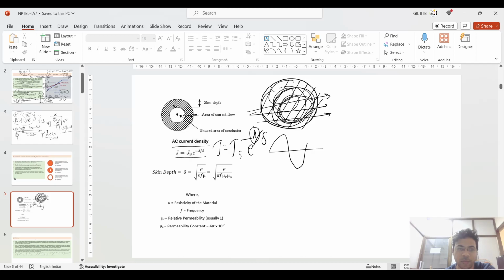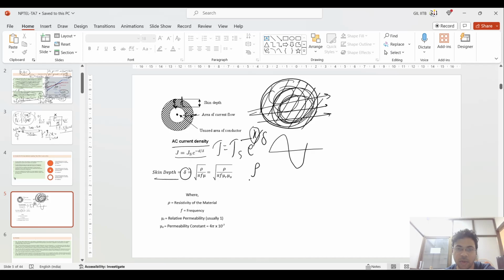Suppose this is the conductor and this is the center of this conductor. So how much depth from the surface it can move towards this center. So this is the skin depth at which this conductor is moving, and delta is the actual skin depth,